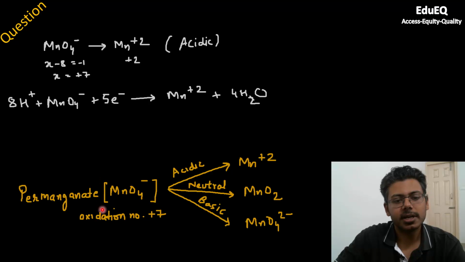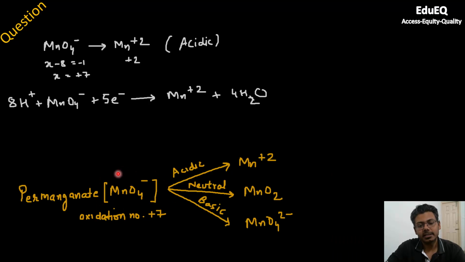Now coming to this permanganate ion, it is a very interesting ion. It is in oxidation state of +7, and you have already seen the oxidation state of all these compounds. So typically several questions are asked based on this ion, because it has a peculiar property that when you put this permanganate ion in acidic medium, it forms Mn plus 2 ion. Permanganate is purple in color. That is the characteristic color of permanganate ion, but when you put it in acidic medium, it becomes Mn plus 2, which is pale pink.